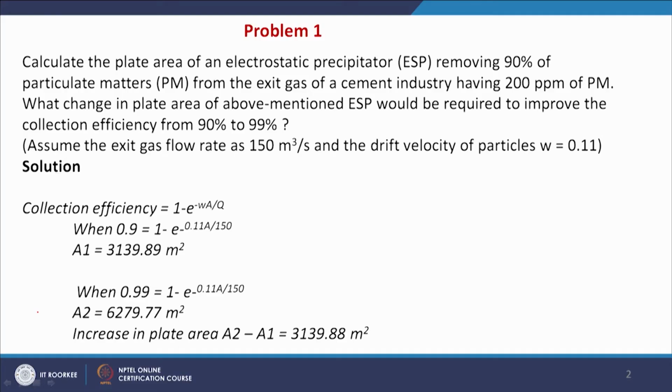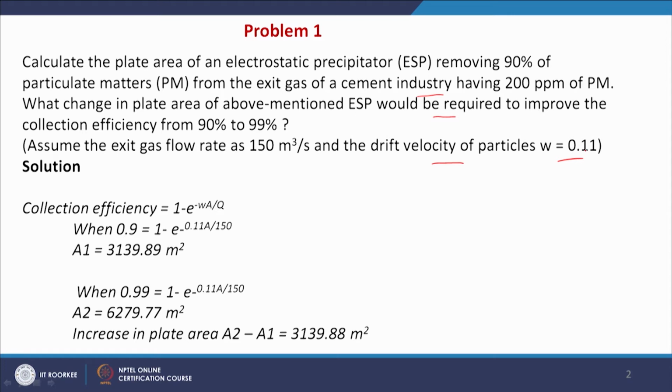First problem, the statement is: calculate the plate area of an electrostatic precipitator removing 90% of particulate matter from the exit gas of a cement industry having 200 ppm of particulate matter. What change in plate area of the above mentioned ESP would be required to improve the collection efficiency from 90% to 99%? Assume the exit gas flow rate as 150 meter cube per second and the drift velocity of particles W is equal to 0.11. So, this is a problem of